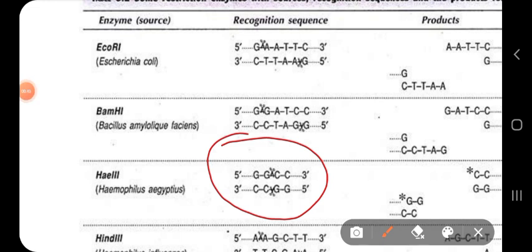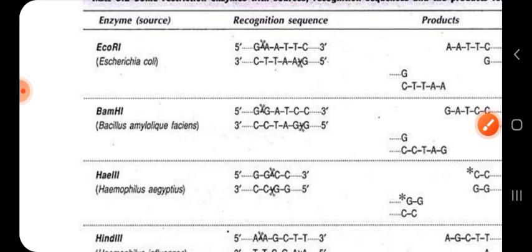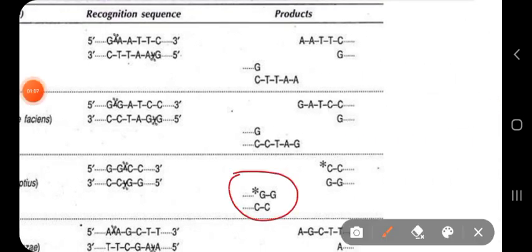Some restriction enzymes cut both the strands of a DNA molecule within the same site. So at the same site, cleavage is done by some types of restriction enzyme, for example HaeIII obtained from Haemophilus aegyptius, and thus produce what we call blunt ends. So these are the blunt ends. Now blunt ends can also be used for recombinant DNA production by modifying them.